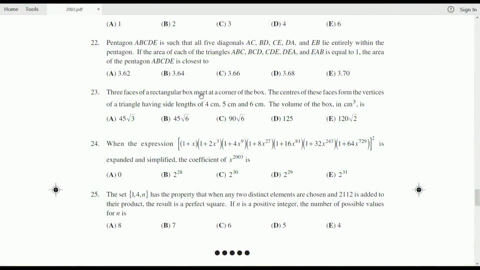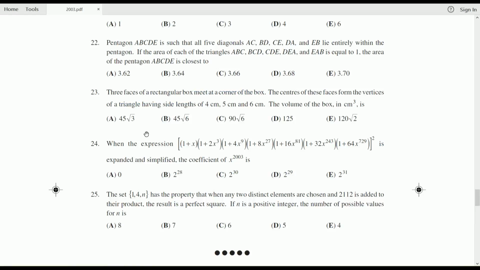Three faces of a rectangular box meet at a corner of the box. The centers of these faces form the vertices of a triangle having side lengths 4, 5, and 6 centimeters. The volume of the box in centimeters cubed is, and then we have a bunch of options here, 45 root 3, 45 root 6, that sort of stuff. Okay, so along with the fact that there are square roots in the solution and the fact that we're looking